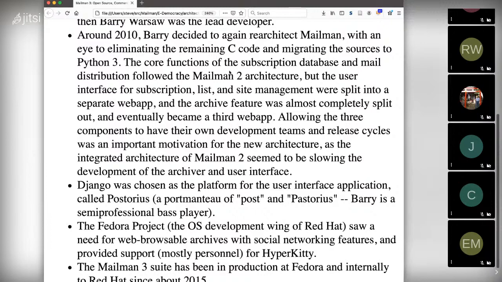This turns out to be a weakness because Barry was not a crypto guy. And so we basically have no sane authentication feature in Mailman core. And what that means is that you either have to put everything on a single host and then firewall that host, or you have to have a subnet and firewall that, which turns out to be somewhat annoying. There's also problems that we've had with trying to use VMs and things like that. And I'm not sure whether that has to do with Mailman architecture or whether that's just VMs are hard.